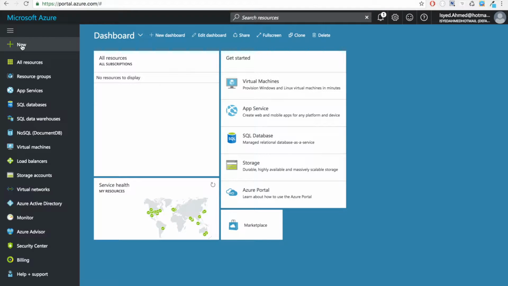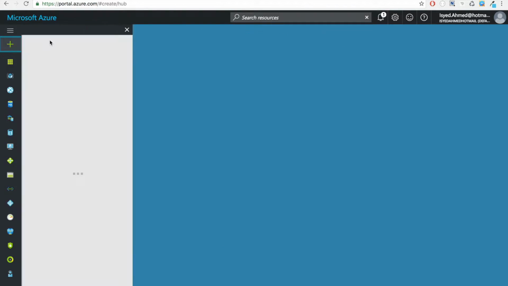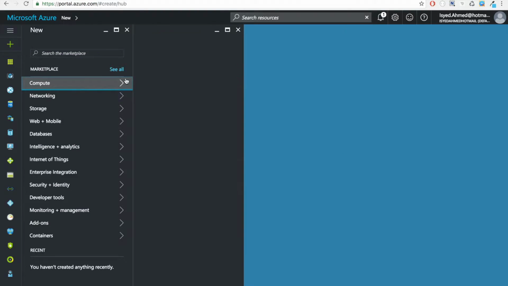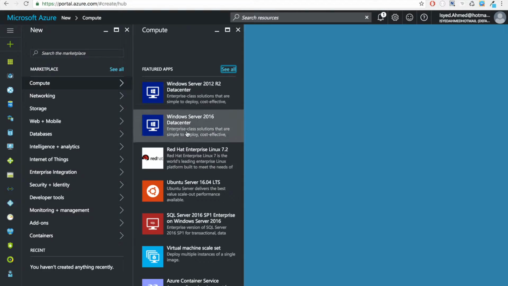So today what we're going to be doing is installing openMRS on the Microsoft Azure cloud platform. To get started, just make sure you have an account and go to the Azure portal. And from here what we can do is create a new virtual machine. And to do that we can just go to the Compute tab